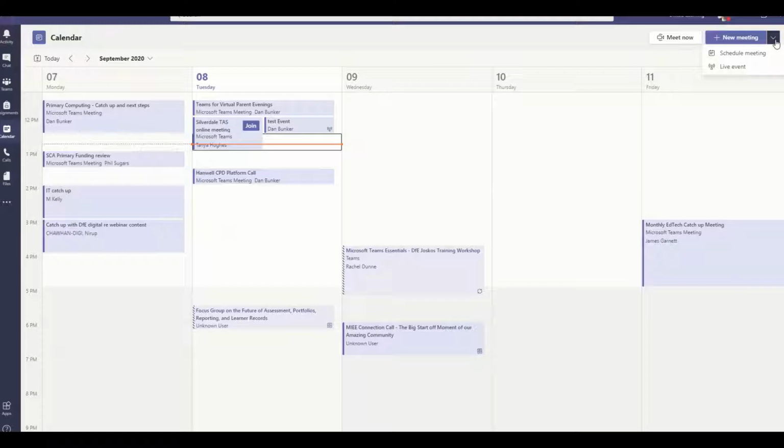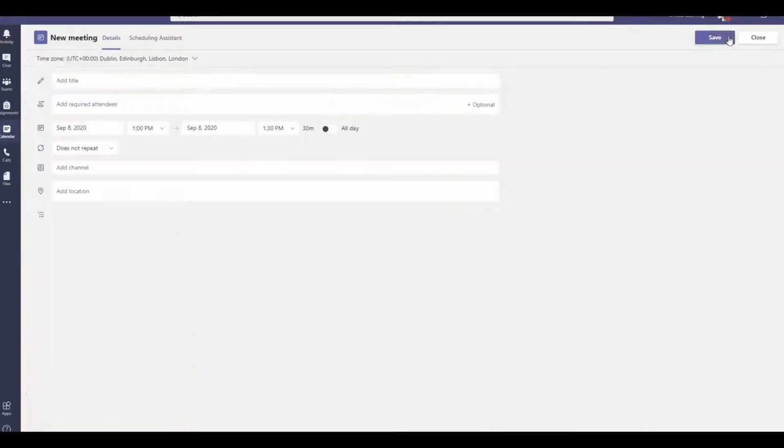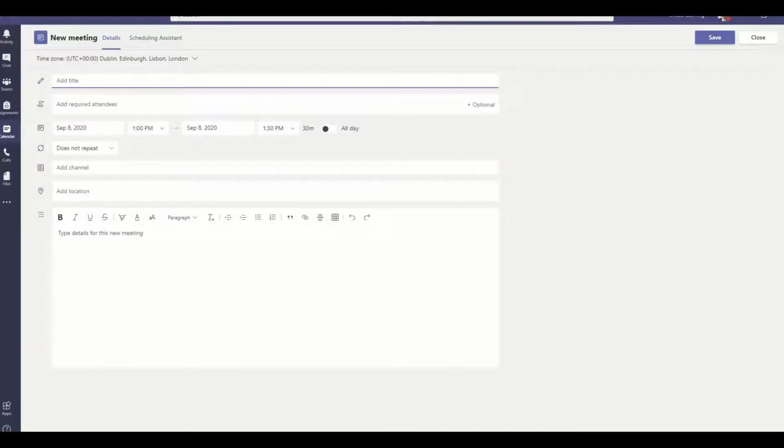Scheduled meetings, which are the regular Teams meetings we're used to and we're going to use for this particular event, and live events, which are special broadcasts where the end user doesn't interact in the same way. I want a more personal, interactive meeting, so I'm going to call it a scheduled meeting, or if I just click New Meeting, it will automatically create that scheduled meeting. Now I'm going to call this Parental Consultations,